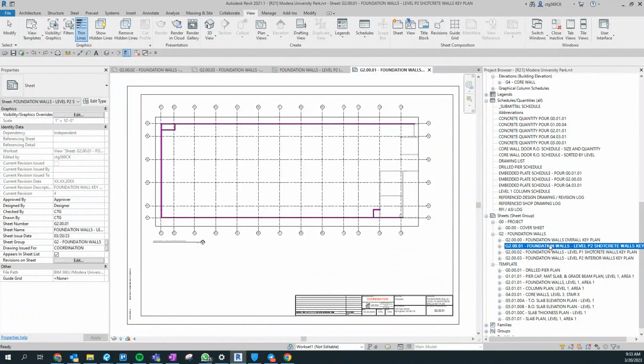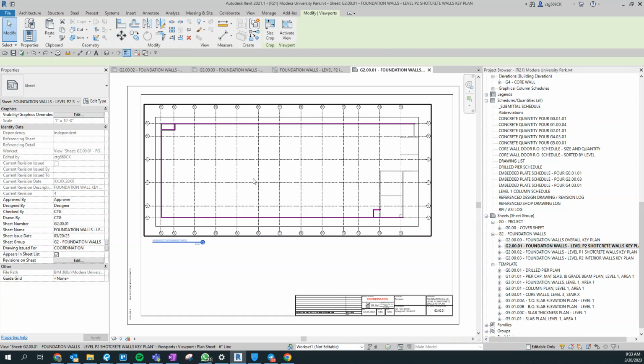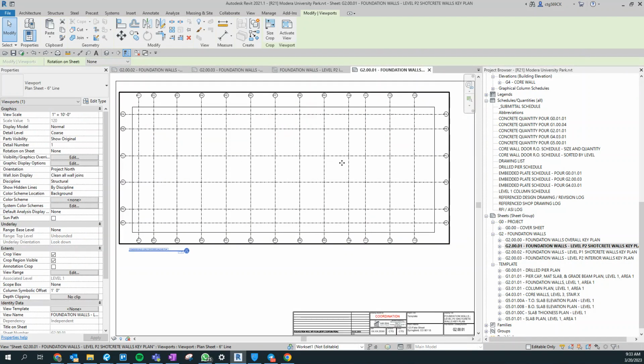Okay, so now that we have these set up, what we want to do is start creating our foundation wall plans and everything like that. The problem is that we don't know where those pour breaks are going to be for a wall like this. Now, let's remember that if we want these as